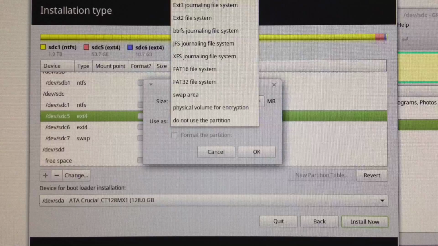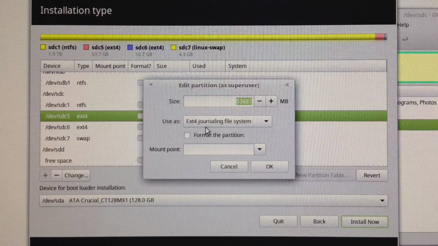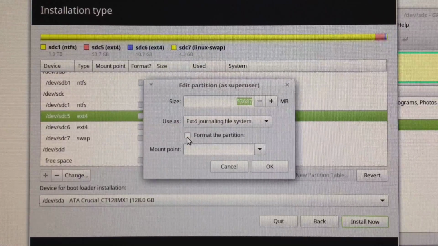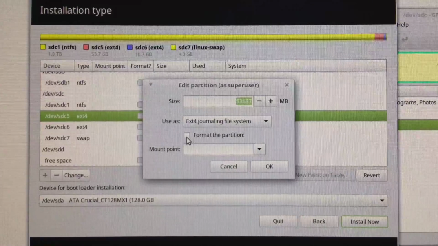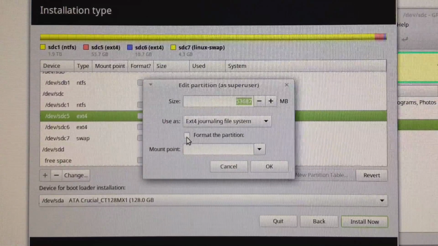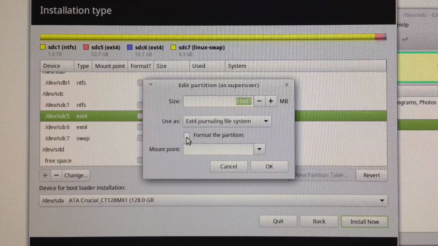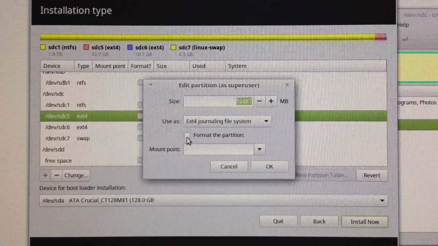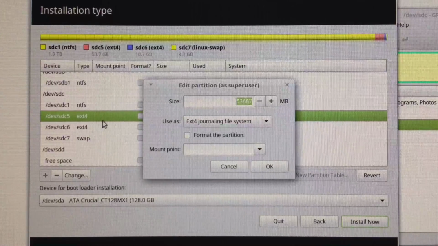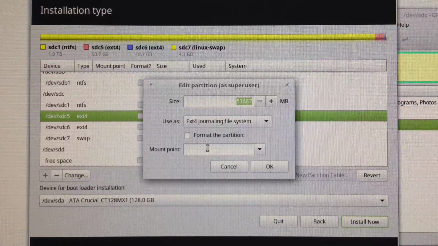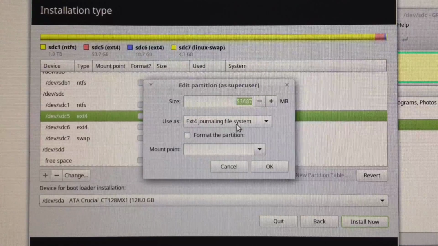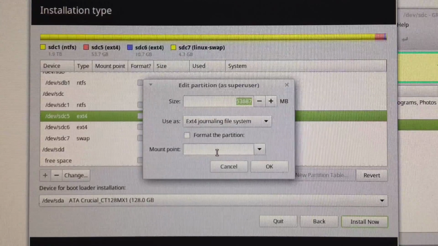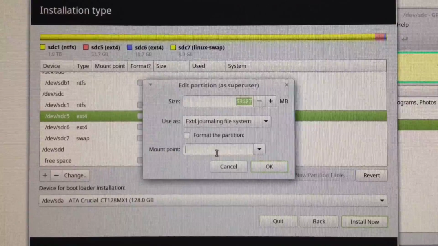Change this to ext4. We don't have to format it because it's already blank. That's just a quick format that happens when you make the partition. You just do it again here, a quick format. It's not a long one, it's a quick format. Just deletes the file allocation table. If you were installing to a partition and you had files on it, you could check that. But anyways, the main thing is ext4 is the format we want, and the new important part, we put /